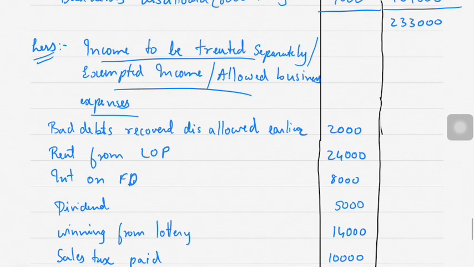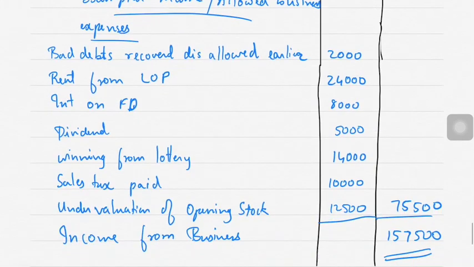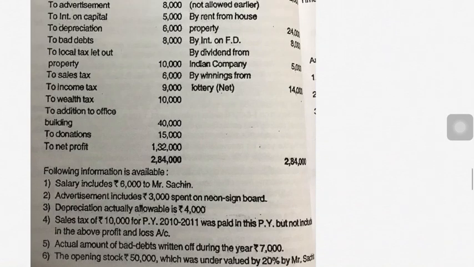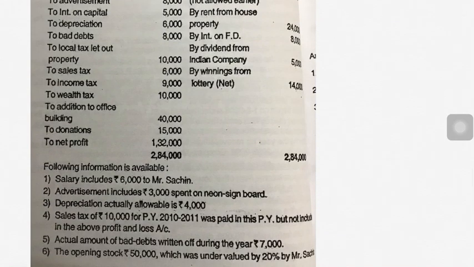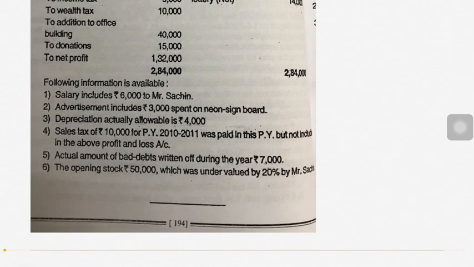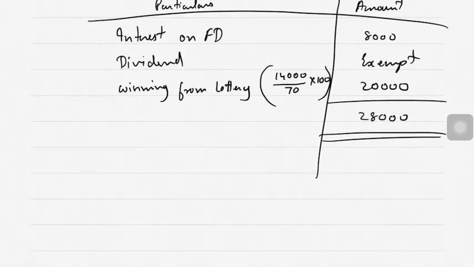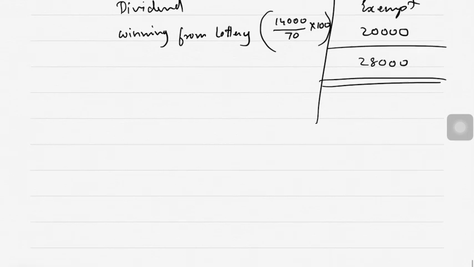Okay. Now, in your statement of income from business, where you calculated, why you wrote only 14,000 here and not 20,000? Because in your P&L account it was 14,000, and your net profit which is shown in the question, 1,32,000, they have added 14,000, not 20,000, correct? So that's why you subtracted 14,000, because it is overstated by 14,000. Okay,